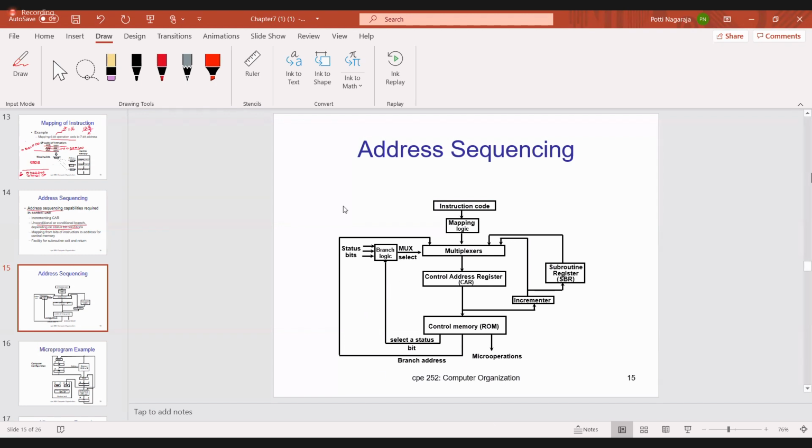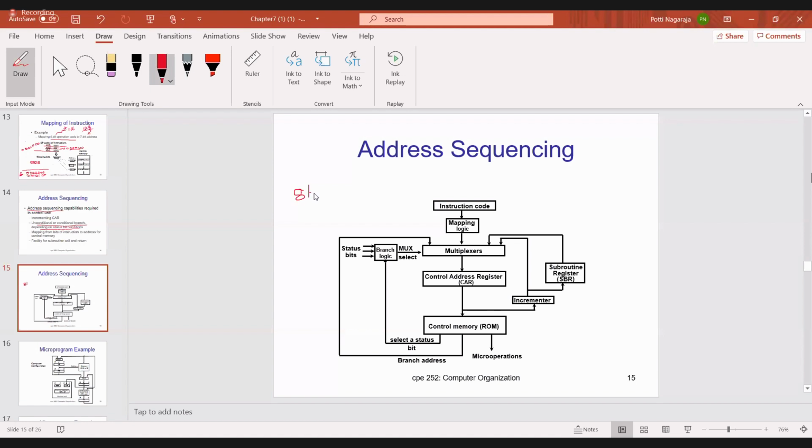Now this is the mapping logic. The next one is the branch logic. Suppose 8 status bits are there. How many bits are required to select among 8 status bits?